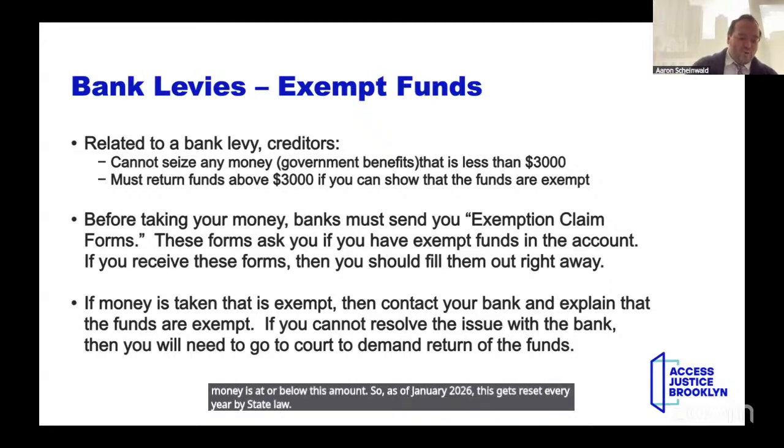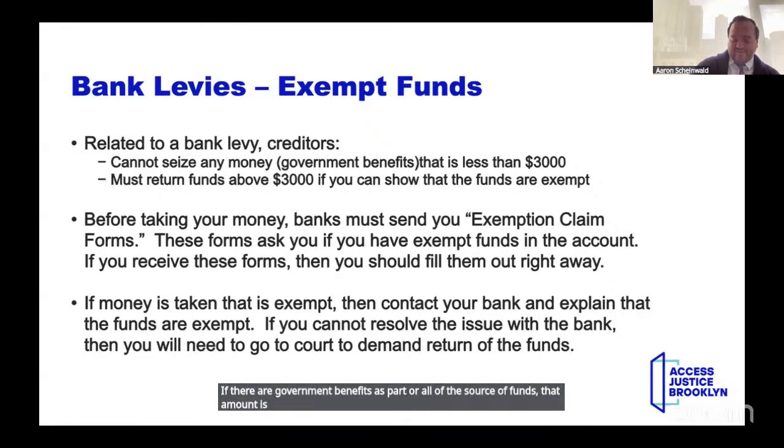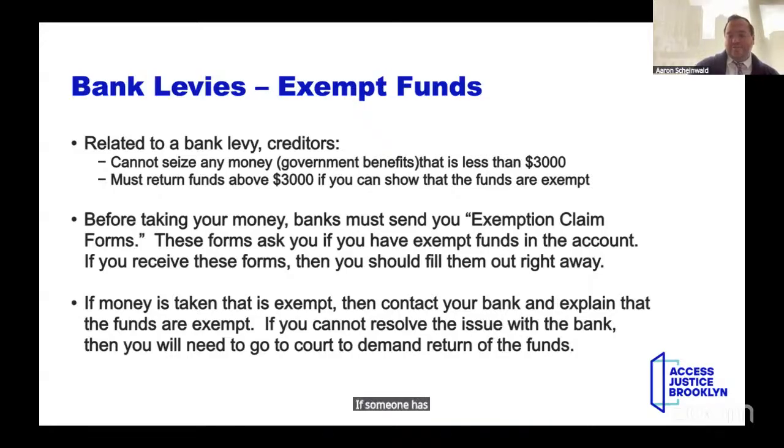That amount for non-governmental benefits, meaning an account that doesn't have governmental benefits, is $4,080. If there are government benefits as part or all of the source of funds, that amount is $3,425. So in other words, if someone has a judgment against them through Capital One, and it is for